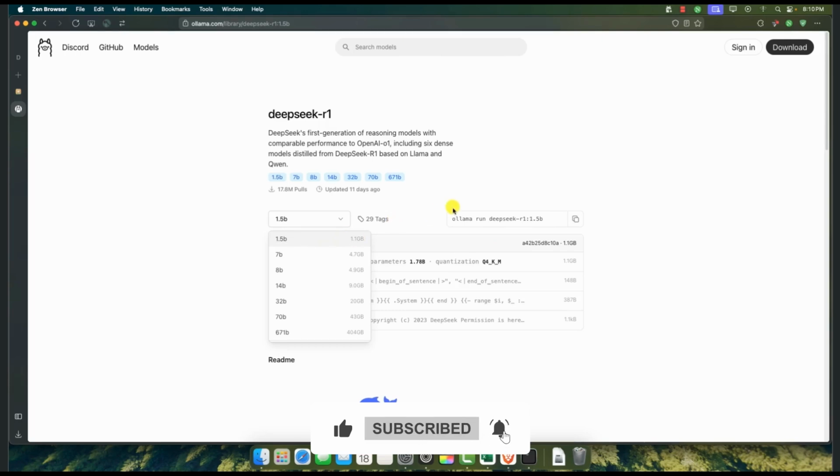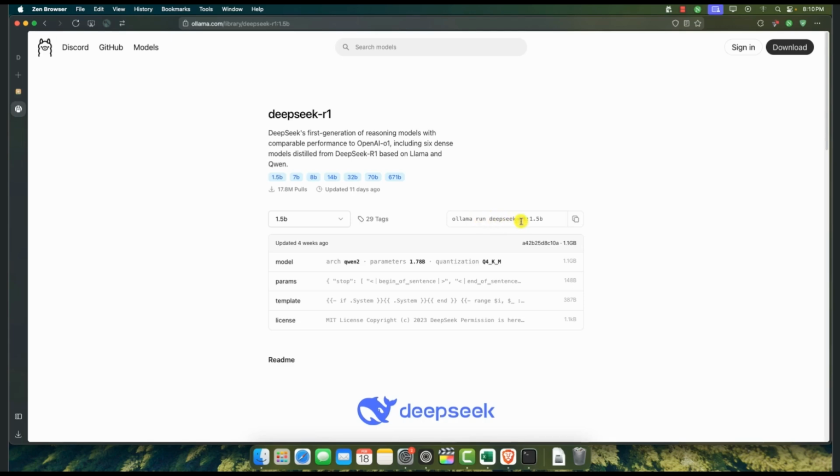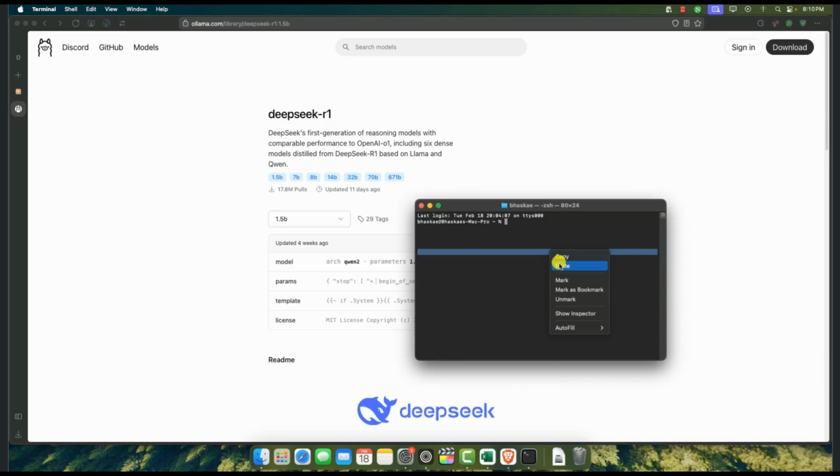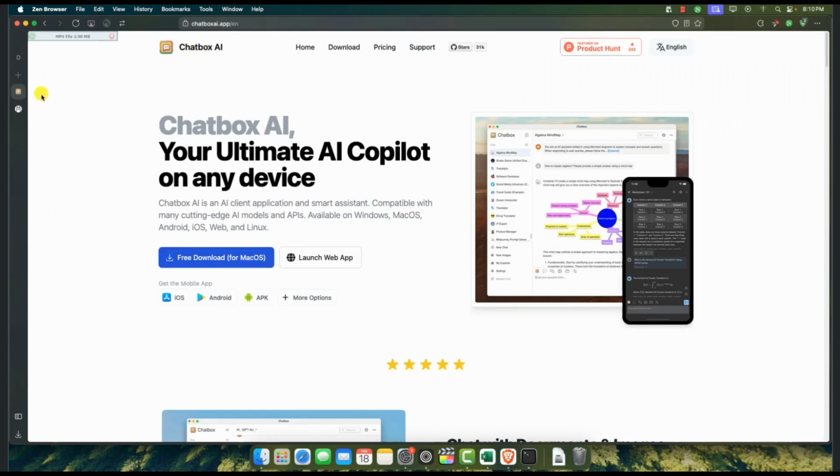Just simply copy the command, go back to the terminal and paste it, and then hit enter. Now just simply wait for a few seconds and the command will start downloading the appropriate data. While Deepseek is currently downloading, as you can see right over here, you should also download the application which